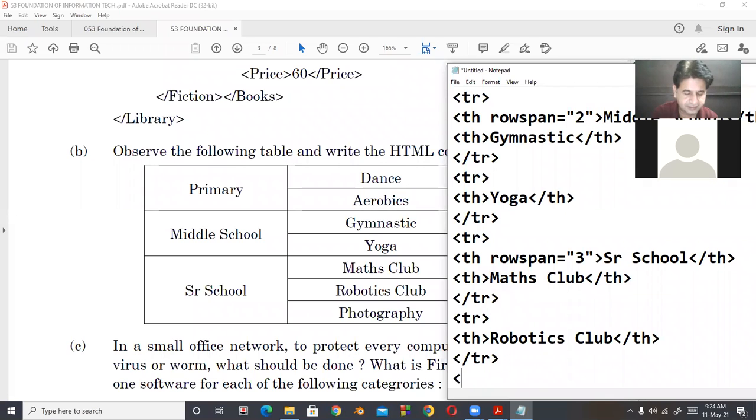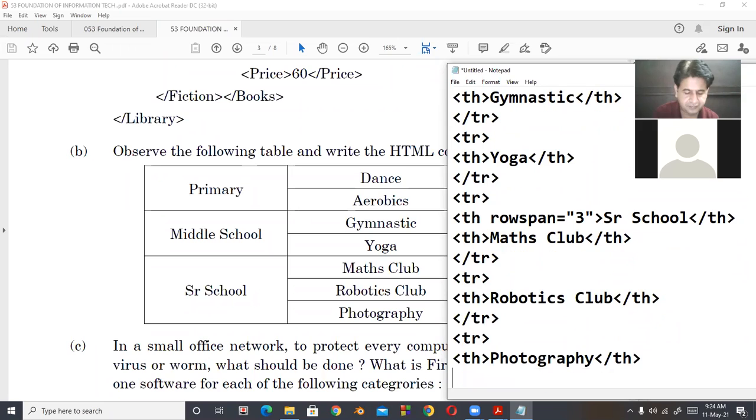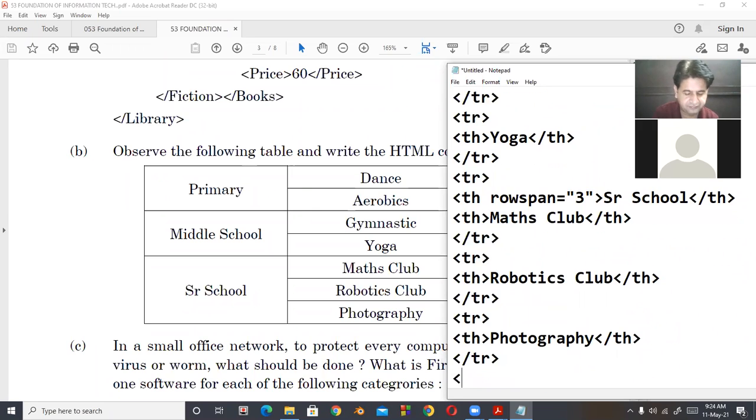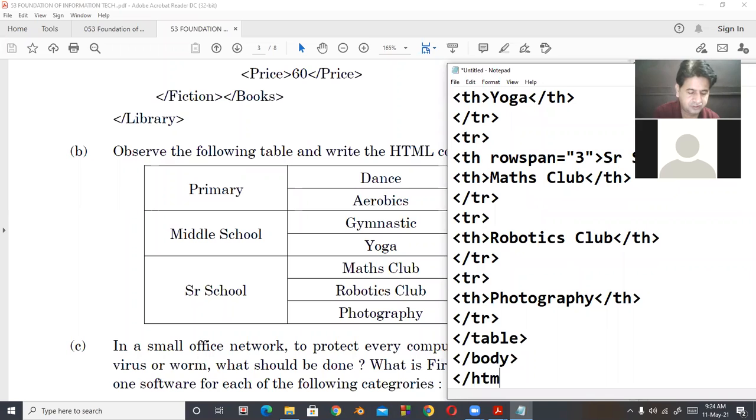And next TR start, there is only one cell, that is photography. TH close, row close, and then table closed, body tag closed, HTML tag closed.